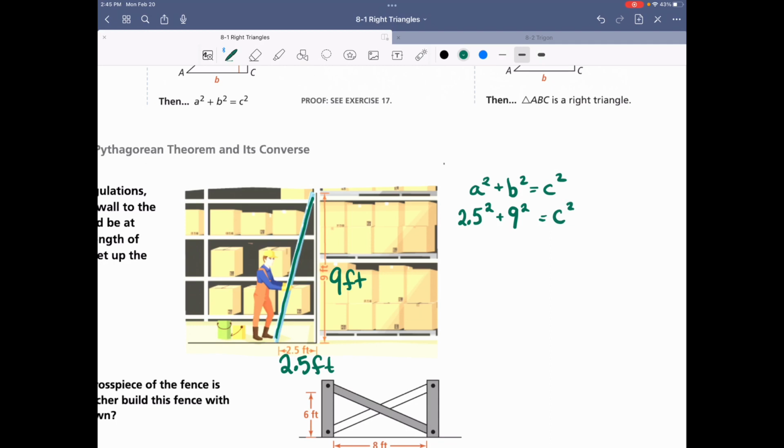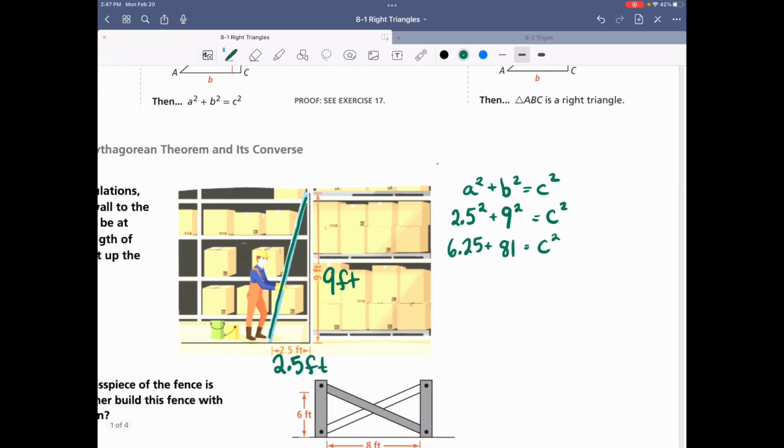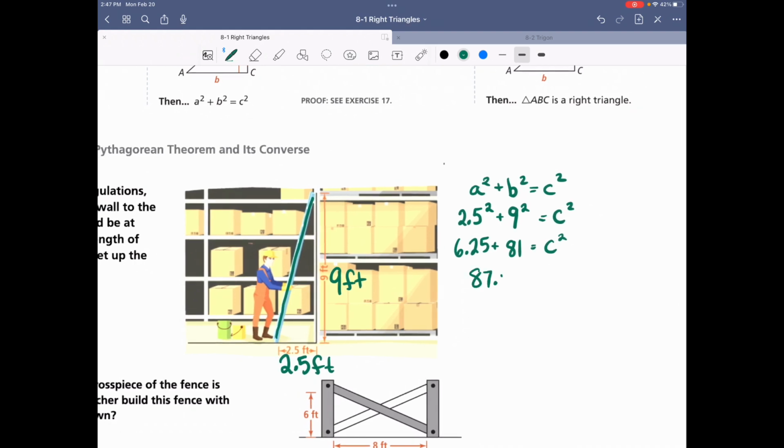I know that 9 squared is 81, and 2.5 squared, I believe, is 6.25. So I'm going to grab my calculator to add those, and when I add them, I get 87.25. And then I need to take the square root of that, so I'll turn my calculator sideways, and square root, I get,